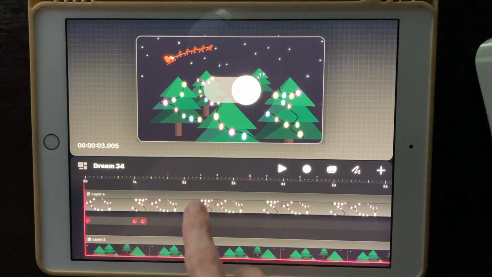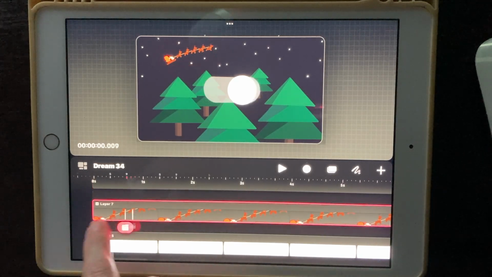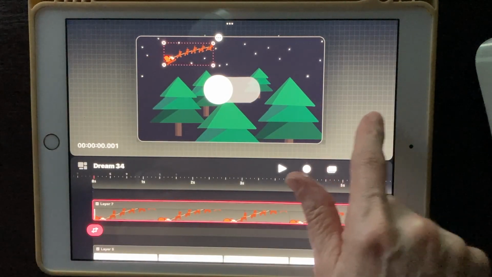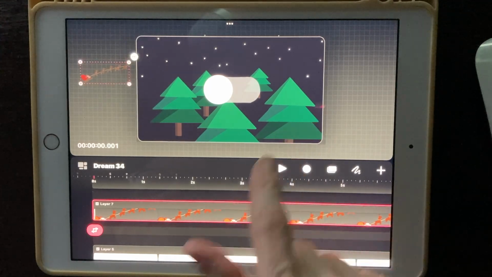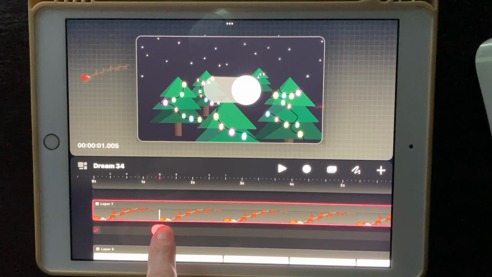All right. And now what we want to do is we want to take our little Santa sleigh. We want to start him off the screen. So we're going to hit a move and scale. I'm going to take him off the screen over here. And then we're going to wait till Christmas is turned on, which is right there. And then